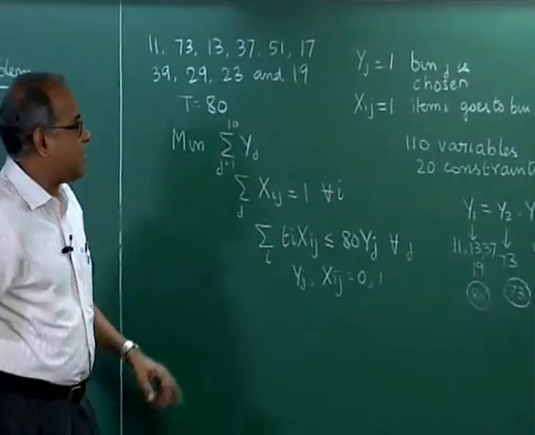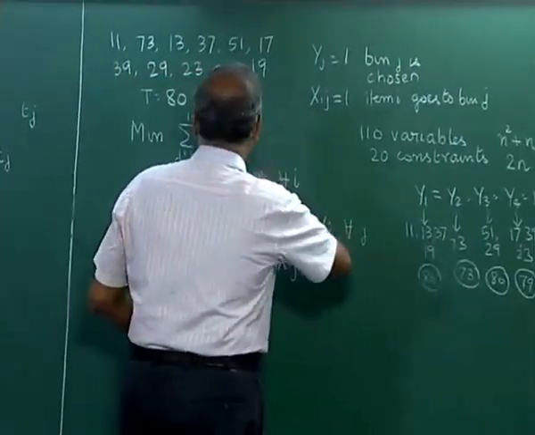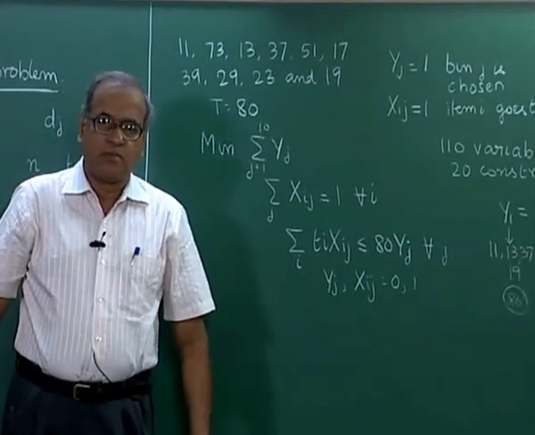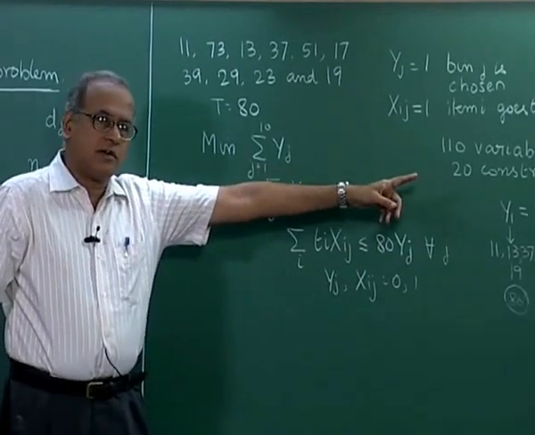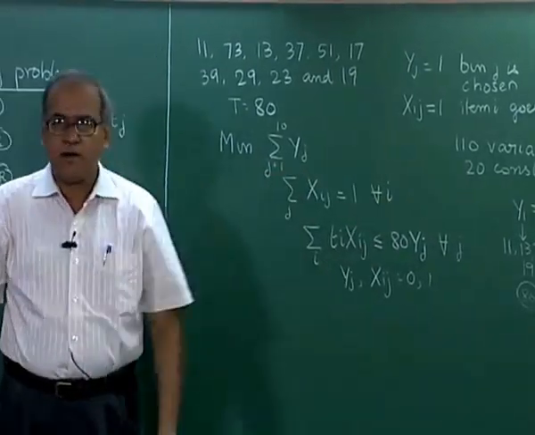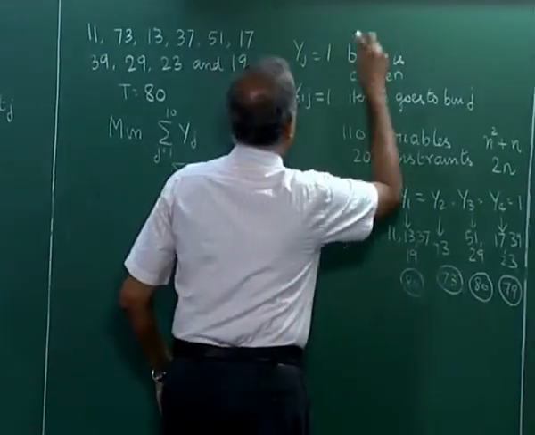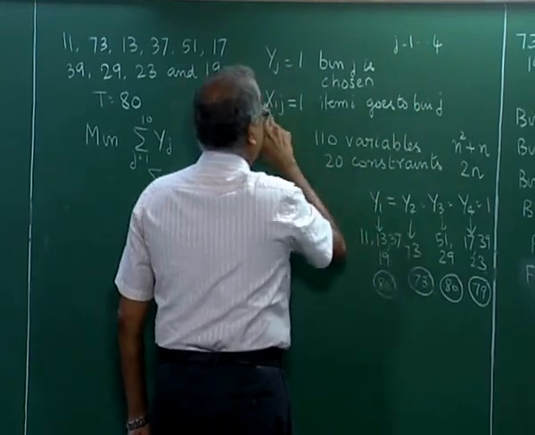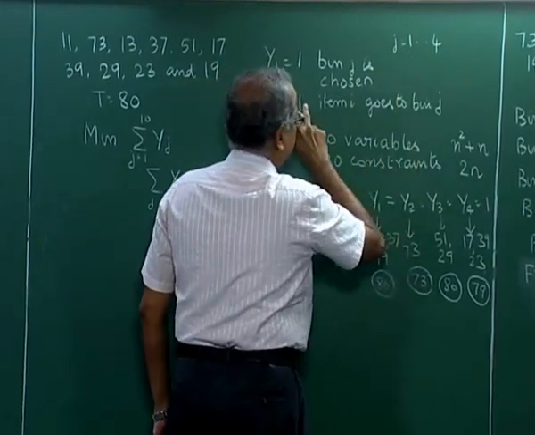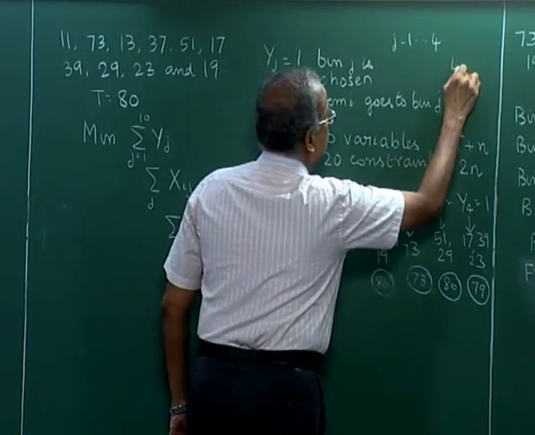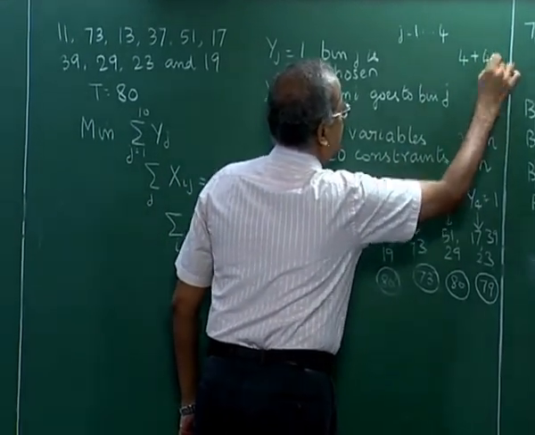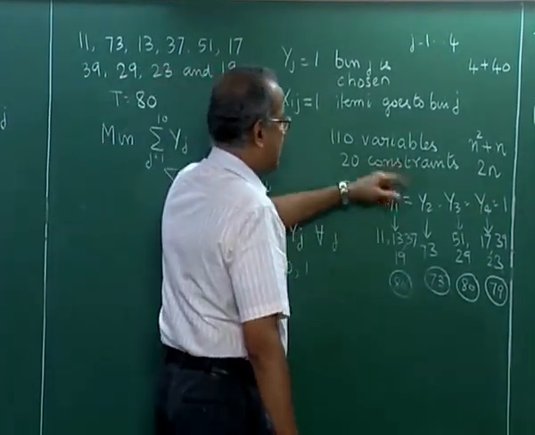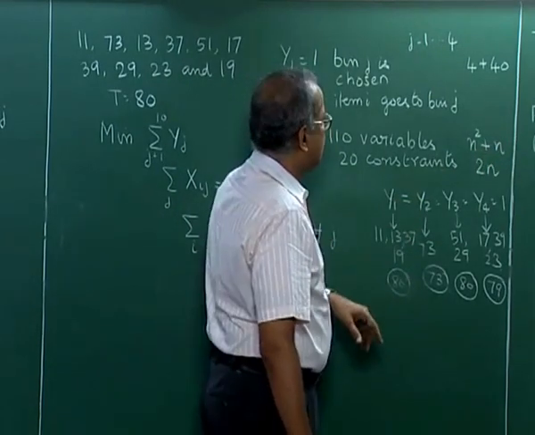then we have to come back and solve this optimization problem. But the nice thing about this is, now we do not have to define j equal to 1 to 10, it is enough to define j equal to 1 to 4, because we already have a solution with 5, and now simply define yj equal to 1 for j equal to 1 to 4 and xij equal to 1 if item i goes to bin j. So we will have 4 plus 40, which is 44 variables, and then we will have 14 constraints,